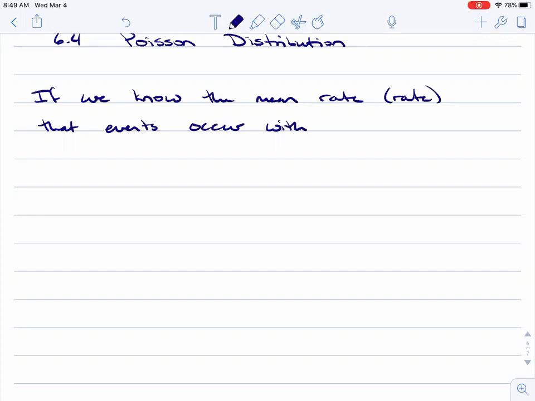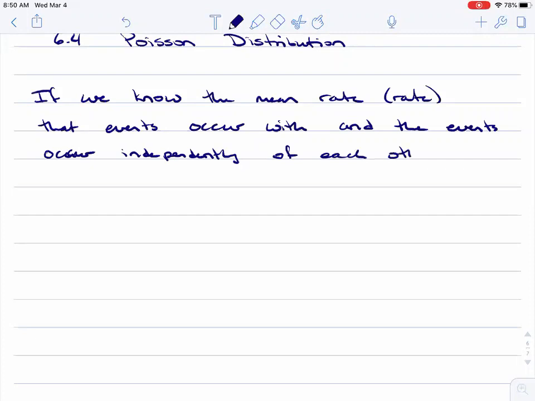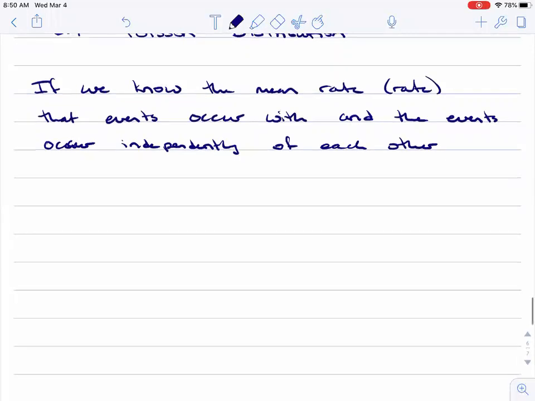And so we have to say that if we know the mean rate, or the rate that events occur with, and the events occur independently of each other,